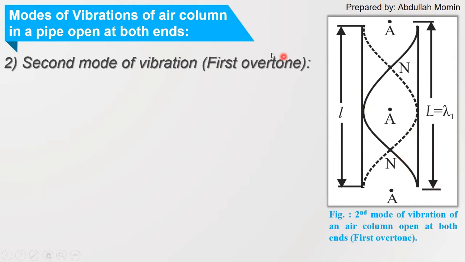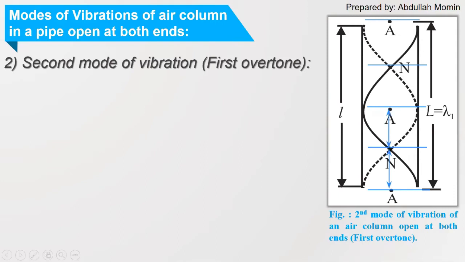and the distance between one antinode and its adjacent node is lambda by 4. Similarly, the distance between this node and this antinode will be lambda by 4, and the distance between this antinode and node will be lambda by 4, and this is also lambda by 4. So here we are getting 4 sections of adjacent node and antinode. This is the first section of node and adjacent antinode, which is lambda by 4.